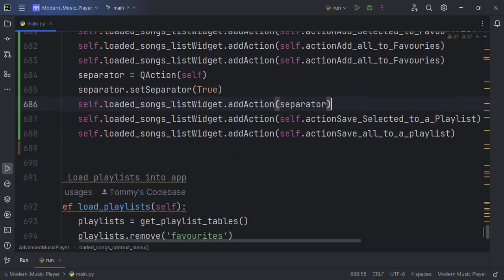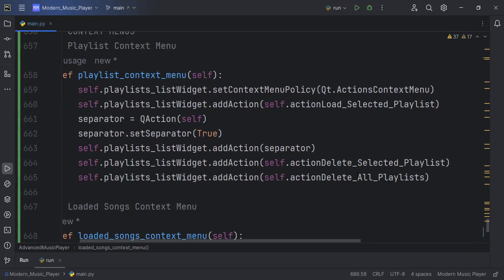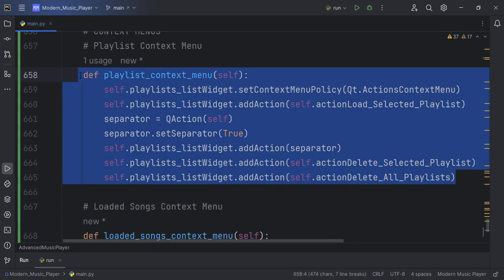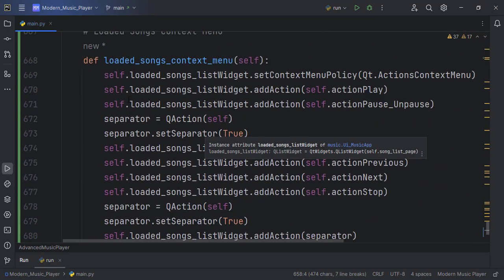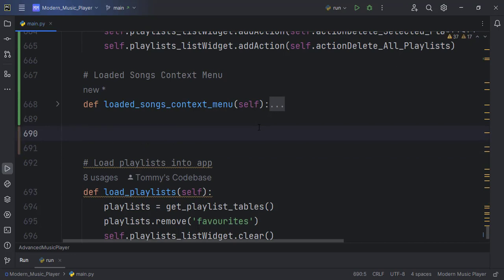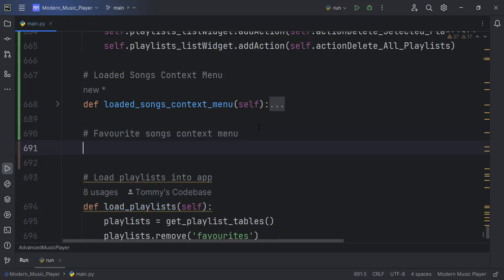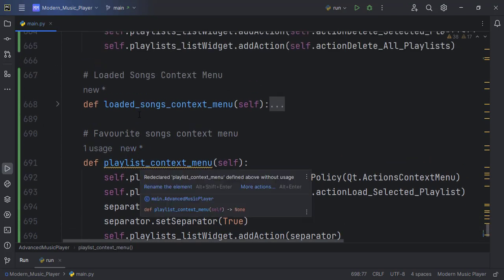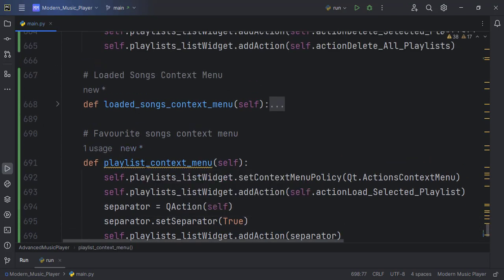Okay, so let's finish up with the favorite songs context menu. Let me just copy this one more time, and then collapse this function here. Okay. Here is favorite songs context menu. Okay. Once again, today it didn't go on indenting, and this should be